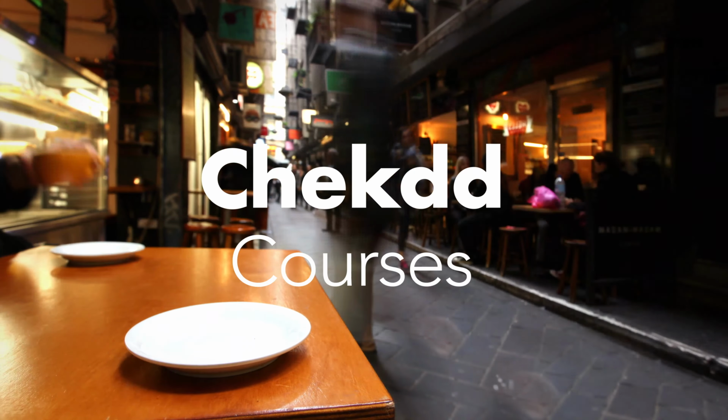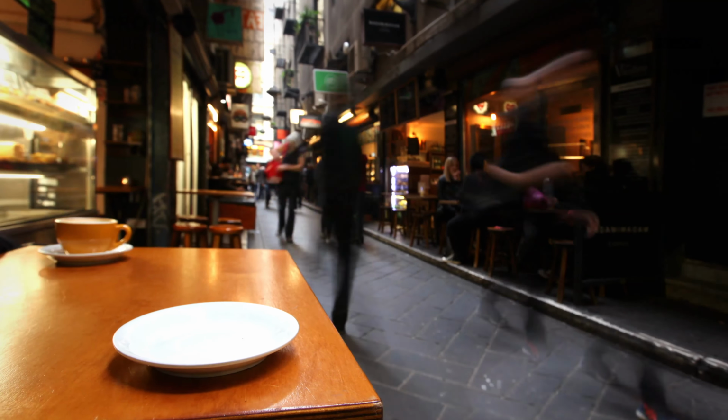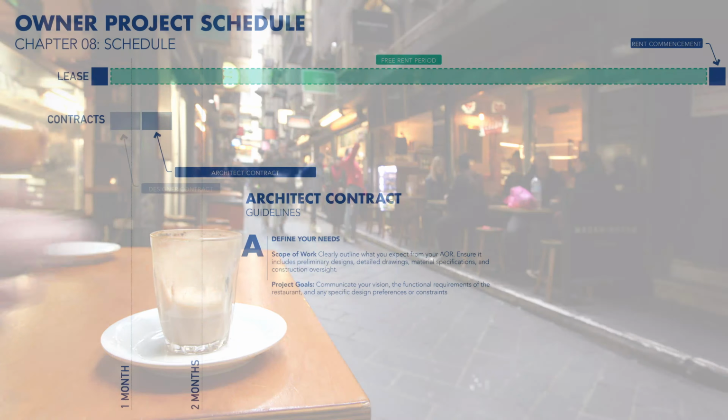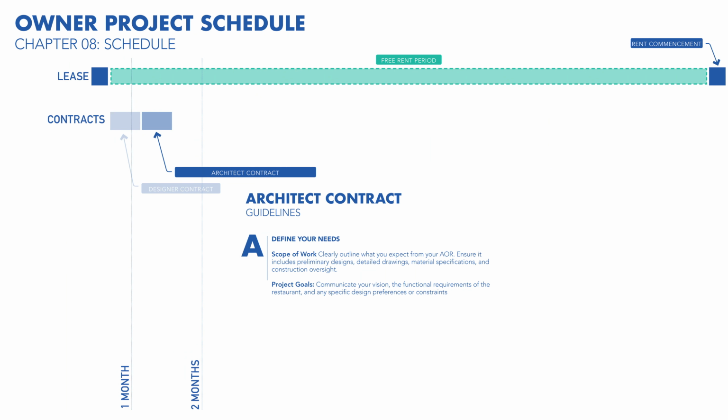While your designer is completing their scope of work, it's important to quickly hire an architect who is licensed to manage the drawing and construction phases. We'll walk you through the process of signing a contract with an AOR to design and manage construction administration (CA) for your restaurant build-out. I'll detail key considerations, what to watch out for, and strategic advice to ensure you make